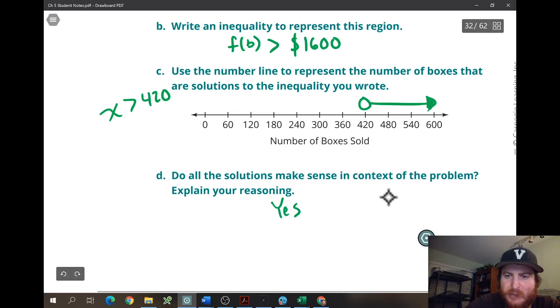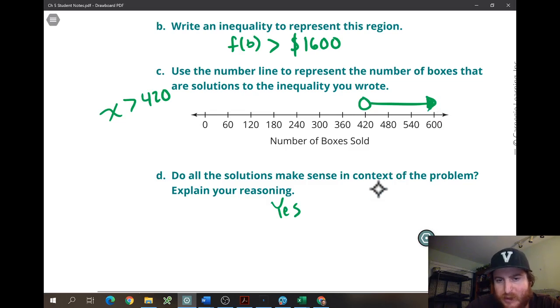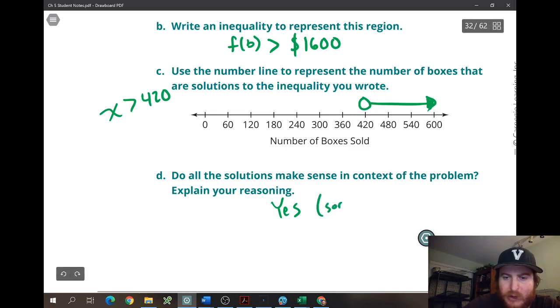I'm going to say yes because any positive number is possible. Technically, though, this goes out to 1 million. So technically, at some point it's going to stop making sense. So I'm going to put "sort of, up to a point,"